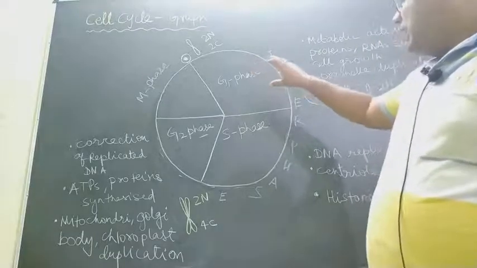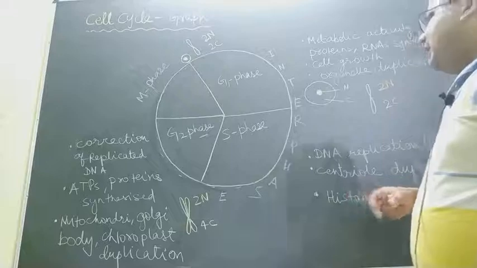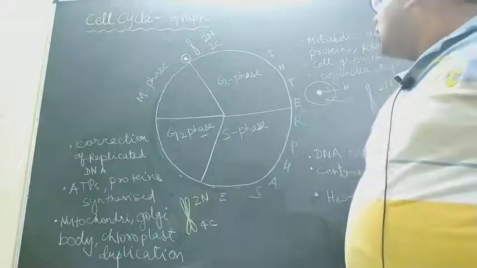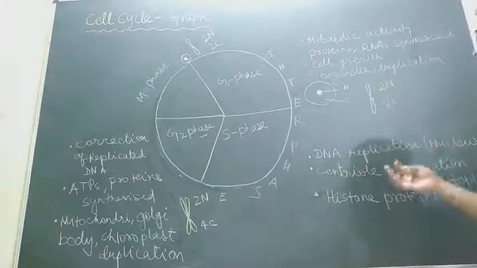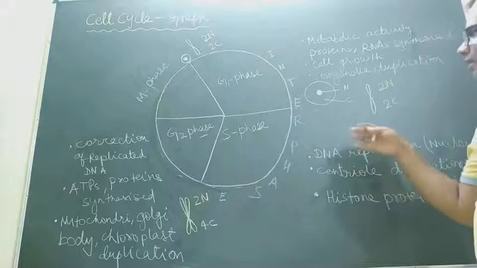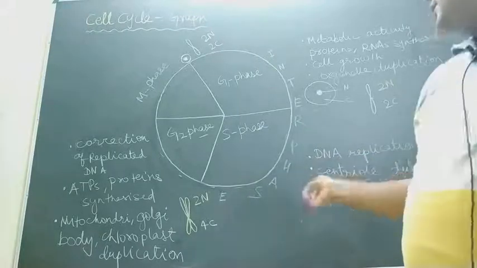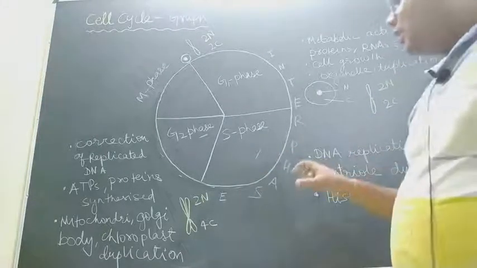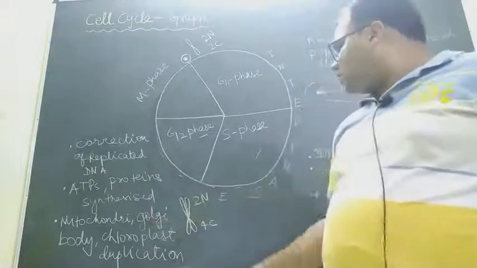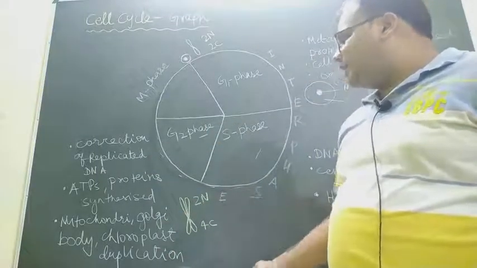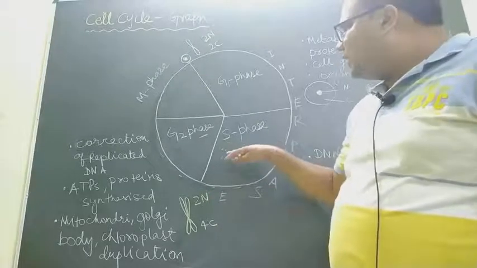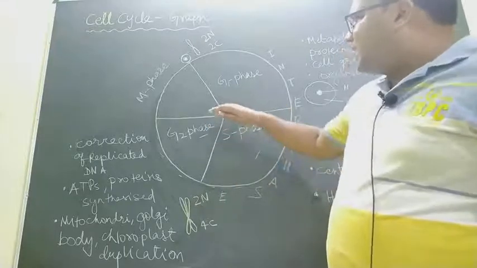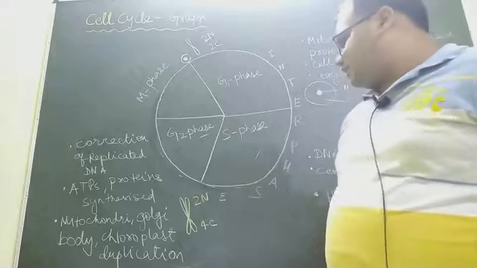So on the whole, we can say interphase is a highly metabolically active stage of the cell cycle, where there is a considerable change in the morphology of the cell and the amount of DNA is also doubled during the process of S phase or synthesis stage. When all things are properly synthesized, and all DNA is correctly proofread and corrected, only then does the cell enter into M phase or division phase.